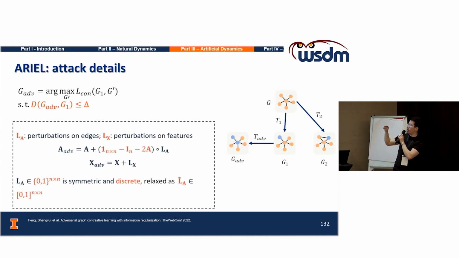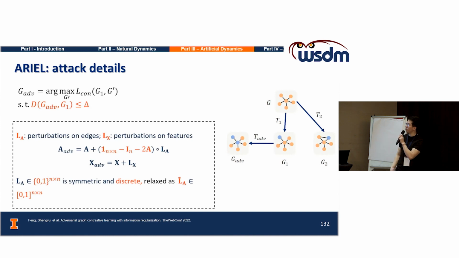So instead of limiting the distance between the graph G1 and the adversarial view G adversarial, we try to learn two perturbation matrices, and we try to limit the norm of those two perturbation matrices instead. So here we have two perturbation matrices. One is on the topology, and the other one is on the feature. The perturbation matrix on topology is denoted LA, and the feature perturbation matrix is denoted LX. So we directly add the feature perturbation matrix into the given feature matrix X to form the perturbed feature